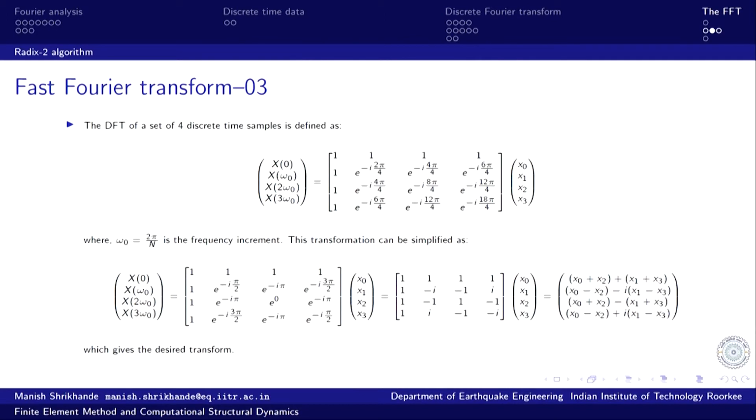The second observation is how the terms get combined. If we look at these, only the even number terms occur together and only the odd number terms occur together in the transform while computing it. So, even numbered terms in the time domain data combine with even number terms, and odd number terms combine with odd number terms in making up the transform.